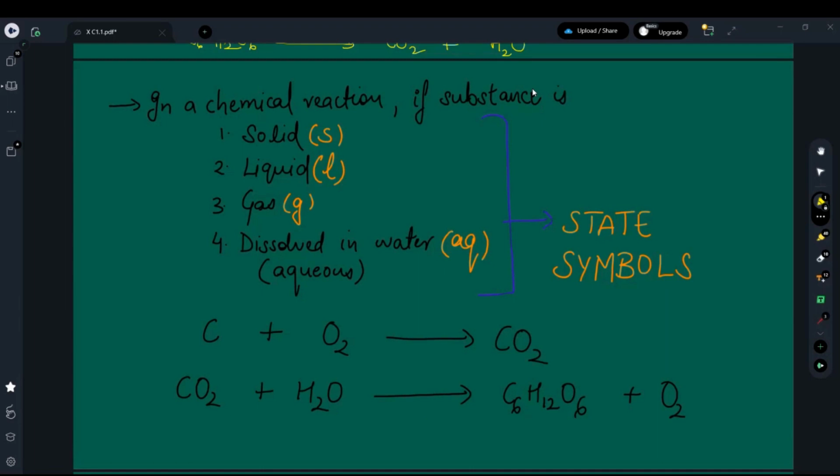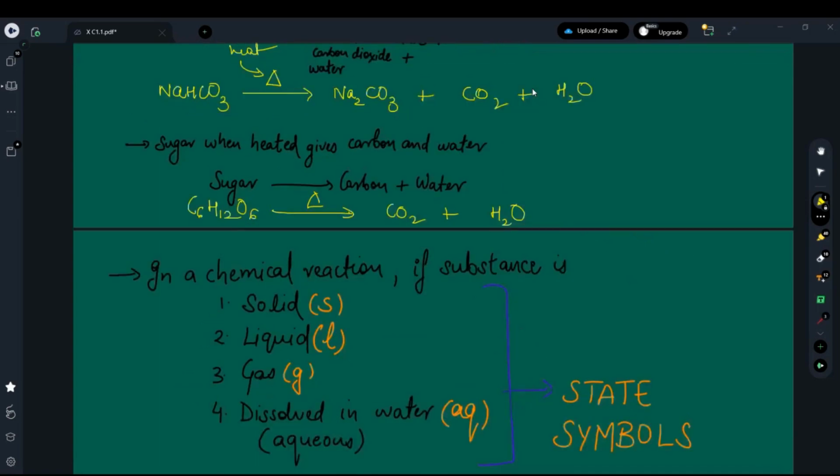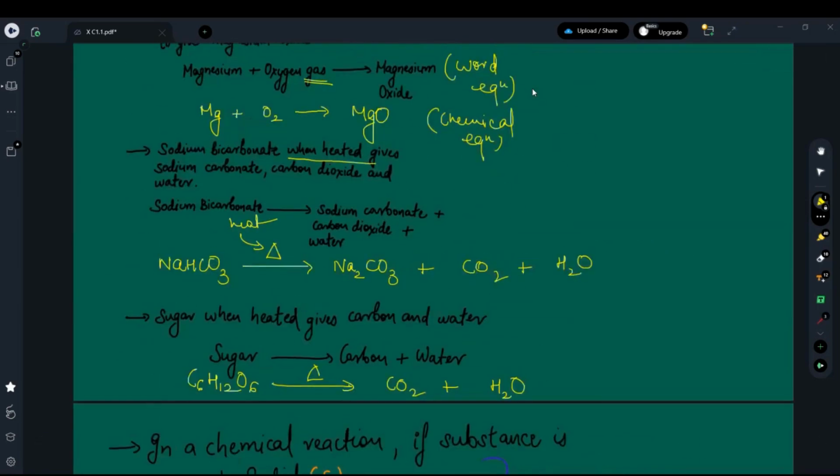Okay. Key points, for example, if I look at any of these reactions, for example, Mg plus O2 gives MgO. It's fairly evident that magnesium reacts with oxygen, it gives you magnesium oxide. But let's say if I want to visualize this chemical reaction, I cannot do that. You know why? Because I do not know what is the state of it. For example, what is the state of magnesium? Is it a solid? Is it a liquid? Is it a gas in this case? What is the state of oxygen? I can only imagine how the chemical reaction must go on.